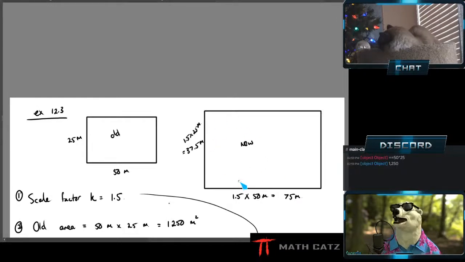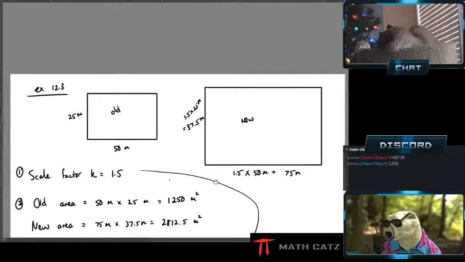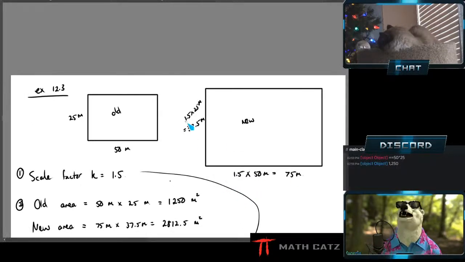The new one, I have the dimensions of that too, so I can calculate the area. I won't always have the dimensions, but this time I'm pretty lucky. New area, 75 times 37.5. Let's see what that is. 75 times 37.5 is, and we can confirm our